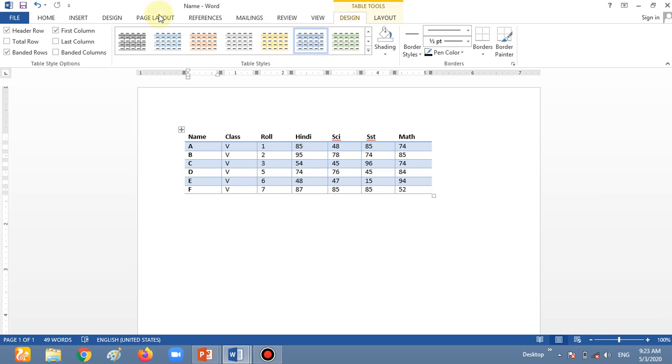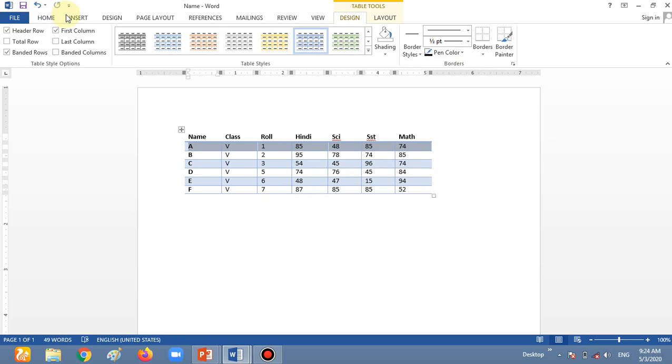Okay, now how can we change the shape or the format of text in a table? First of all, for changing the format of a table, you have to select the table data. For example, I am selecting this entire row.